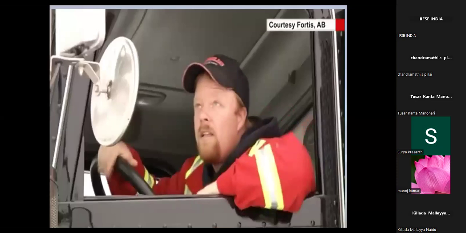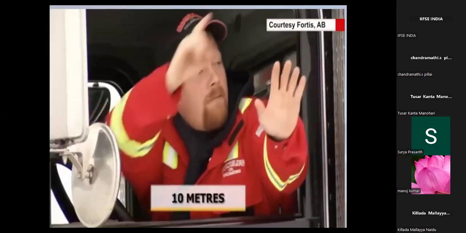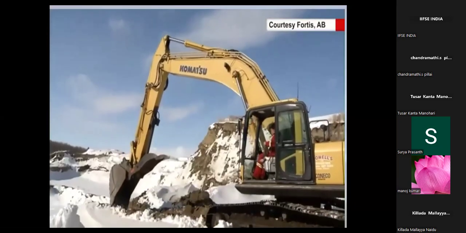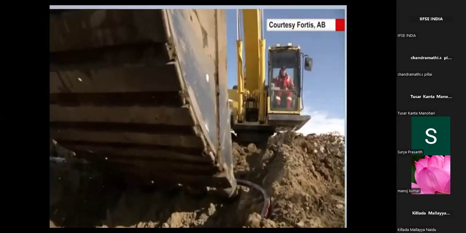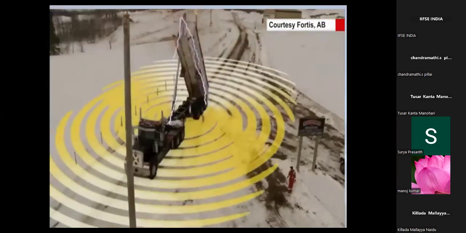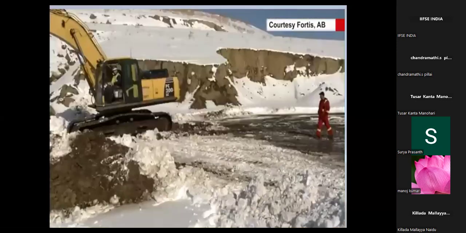If you contact the power line with your vehicle, call for help, stay where you are, and keep others at least 10 meters away from the vehicle. In the event of a contact, it is not just a vehicle, equipment, or object that could be energized. Everything within a 10-meter radius of the contact could also be energized. That's why you have to be aware of both step and touch potential.